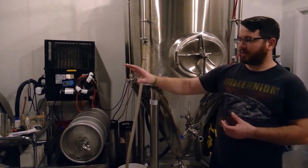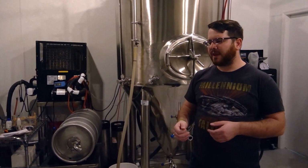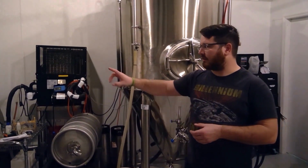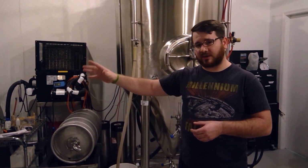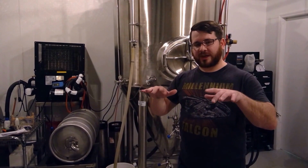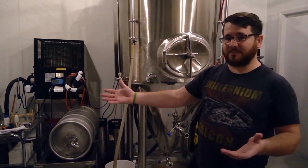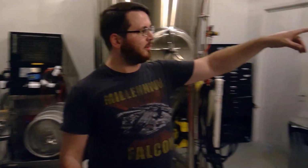The beer will then sit in there, ferment for about a week to 2 weeks, depending on the beer. And once we get the gravity where we want it, we'll go ahead and turn the glycol chiller back on, bring the temperature of these tanks from about 70 degrees down to about 35 degrees. All that yeast will then go dormant and settle down at the bottom and basically pull out of the beer. So then we'll go ahead and transfer it into our cooler, which is this big white wall over here with the 2